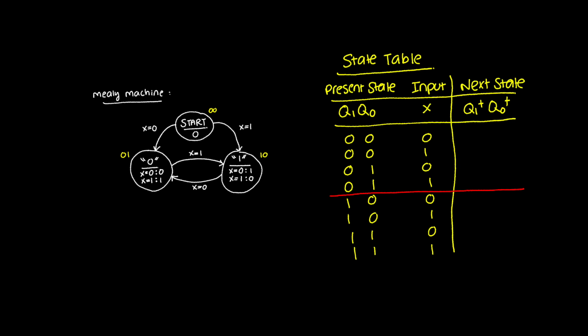So my next state is dependent on the values of 3 binary variables, and I filled them out in truth table form. And now I'm just going to write what the next state is in each case. So again, looking at state 0, 0, X is 0. My next state is going to be 0, 1. But when X is 1, my next state is going to be 1, 0. If I'm in state 0, 1,